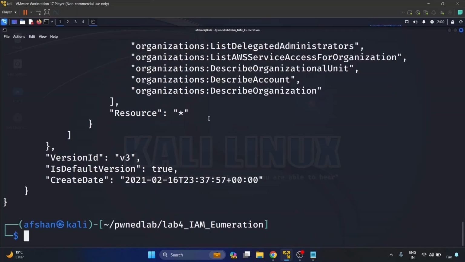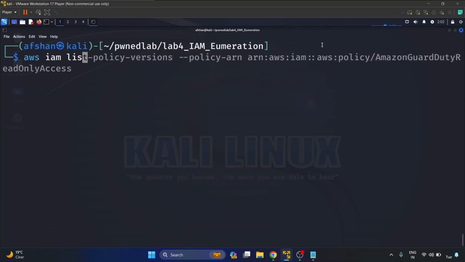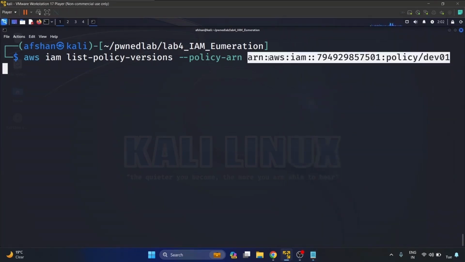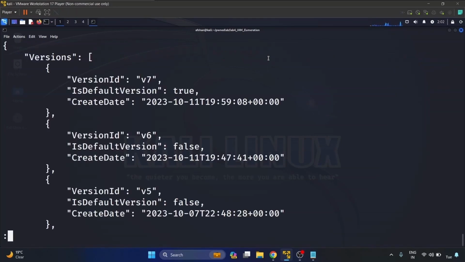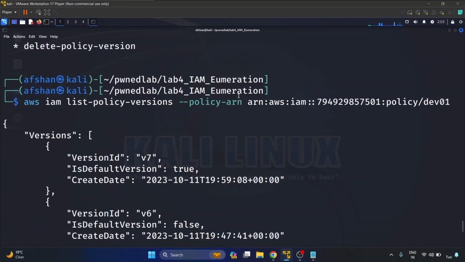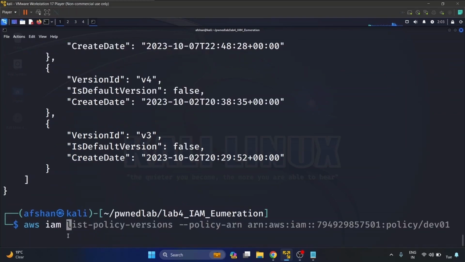So now it's time to get the version of our dev01 custom policy. For that we will use this command, aws iam list-policy-versions, and we have to provide the dev01 ARN. Let's hit enter. So the latest version is 7. Now we have to get the JSON document for this policy, and for that we will use the aws